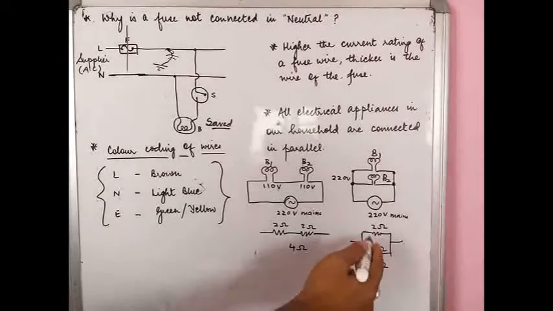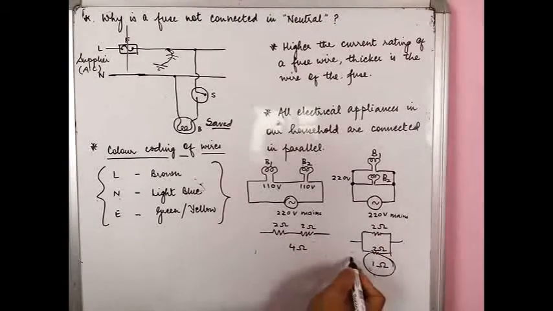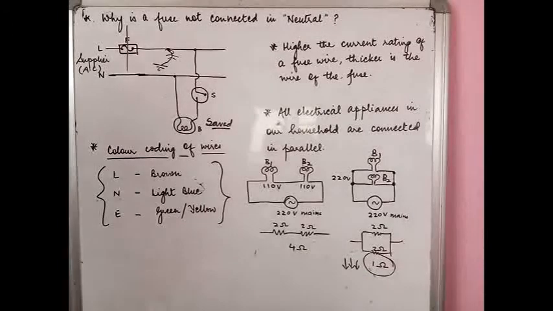Okay, so in case of parallel combination, the net resistance drops, and the main motive or the purpose that we have in our mind is always to have as little resistance as possible. So these are two very important reasons why we always have electrical appliances connected in parallel.